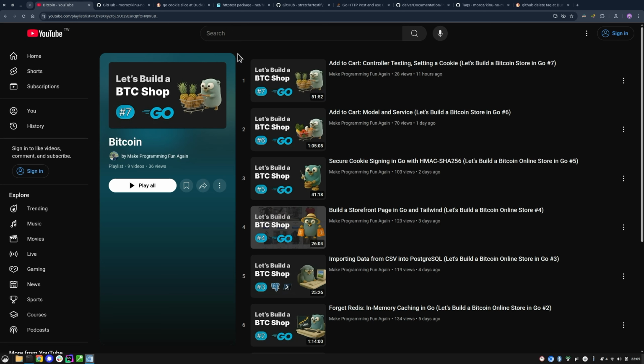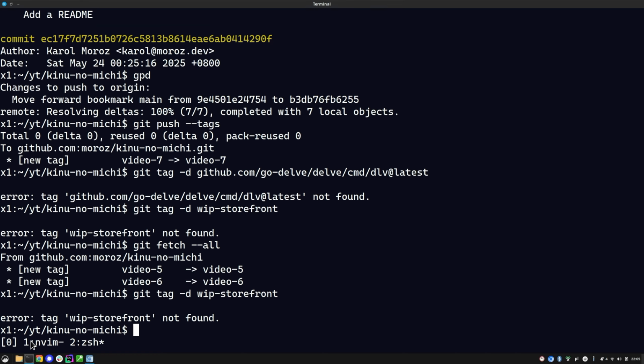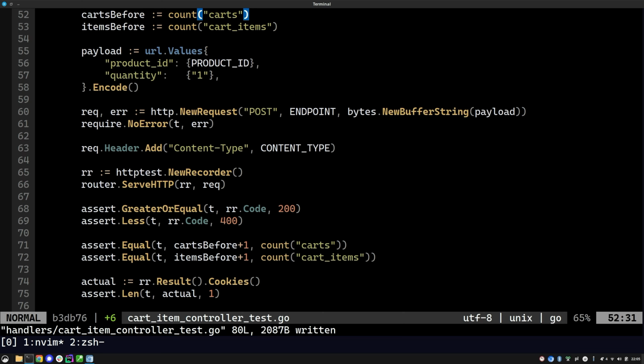In the previous video, which I uploaded today in the morning, we started working on controller tests and we started testing the workflow related to putting things in the cart. And in this video, I would like to continue on this idea, and I would like to finally implement actual